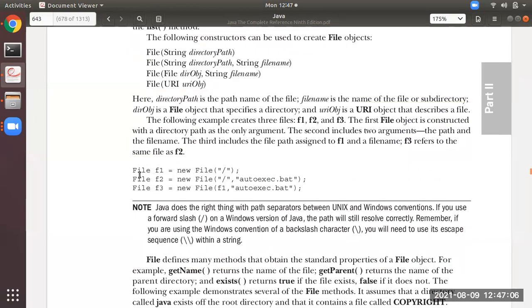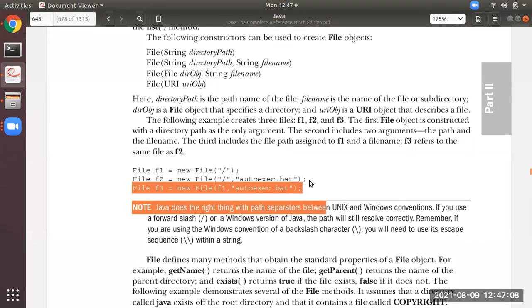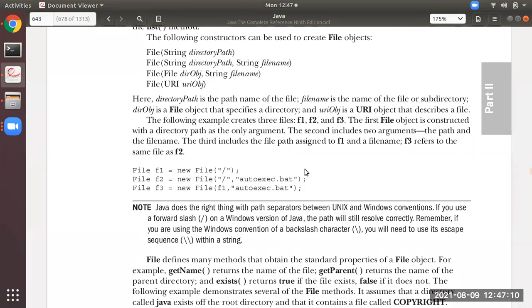Now these are a few examples over here. The first one you can see consists of directly the directory path, the path of the folder. The second consists of directory path as well as a particular file. What file you want to check, you can check .bat, you can have .java also, you can write .class also over there. Whatever extension you want to give, you can give, and you can get the information of that kind of file.